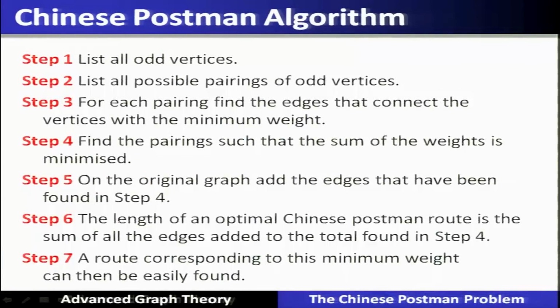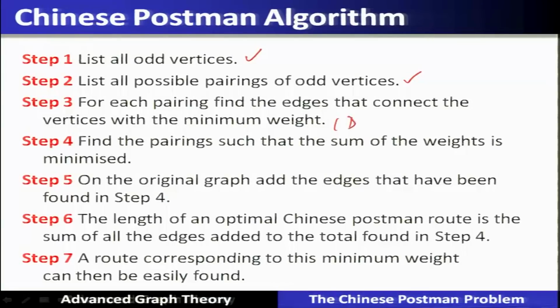So, let us see the Chinese Postman algorithm. Step 1 is to list all the odd vertices that we have shown you in the previous example. Then, after finding all the odd vertices, the second step would be to list possible pairings of odd vertices. The third step would be that for each pairing, we find the edges that connect the vertices with a minimum weight,